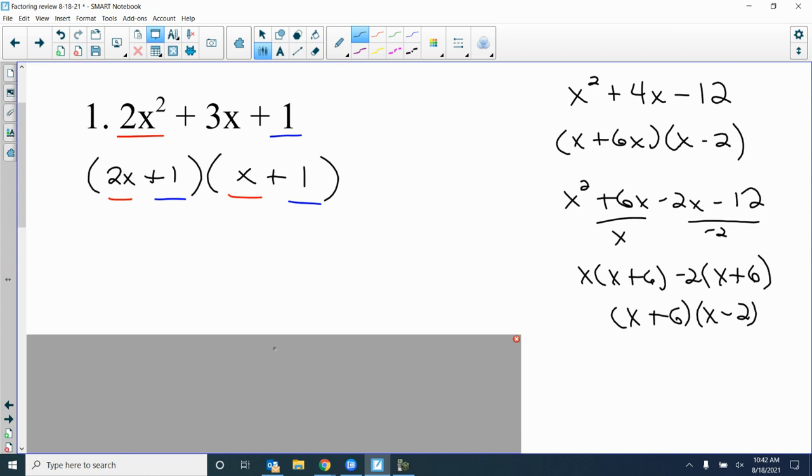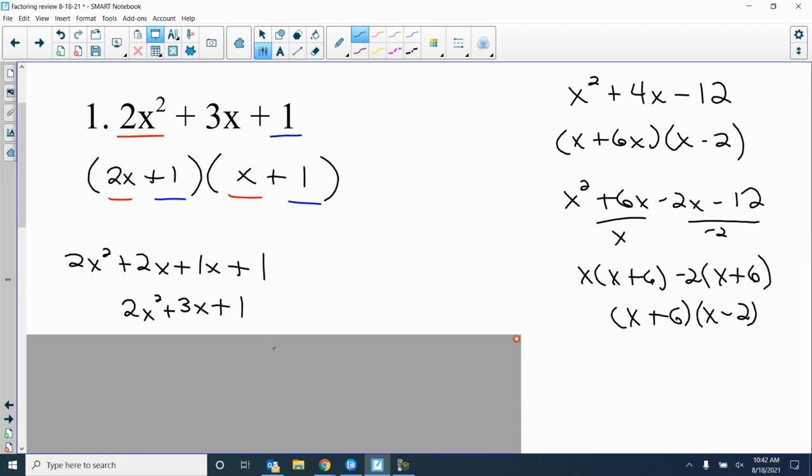Somebody might be able to just look at it and multiply it in their head. If you can do it in your head and you can get it right, that's absolutely fine. Some people may need to write it out. But at some point you'll get better at it. But if I FOIL it, I take 2x times x. That's always 2x squared. 2x times 1 is plus 2x. 1 times x is plus 1x. And 1 times 1 is plus 1, which adds up to